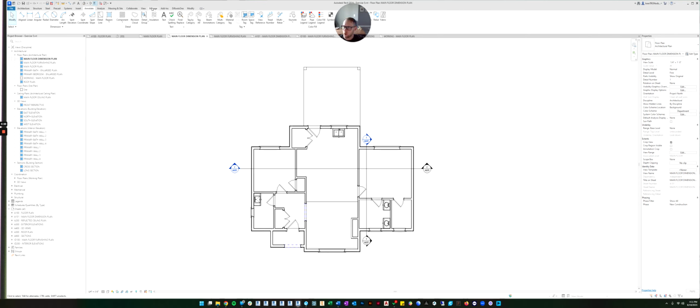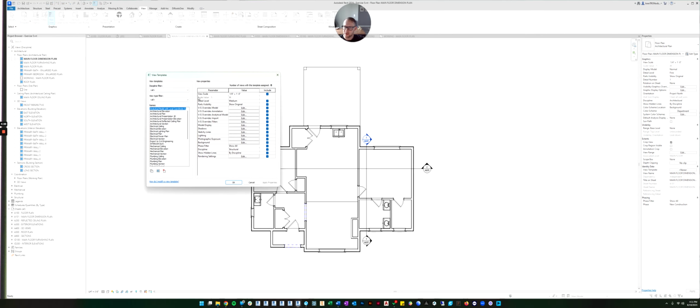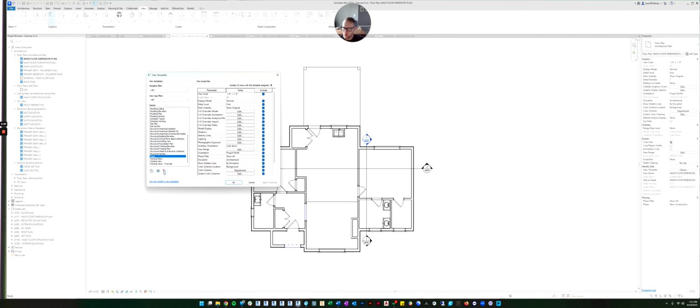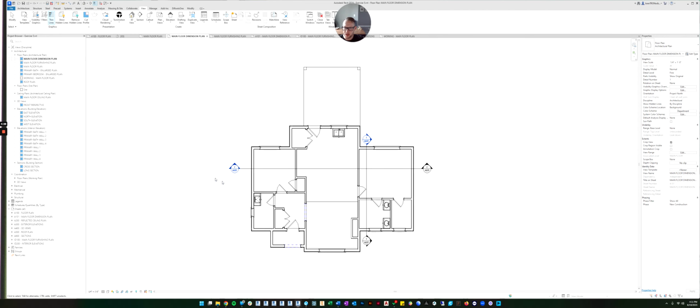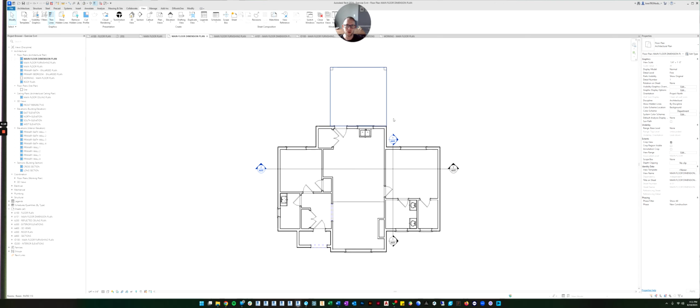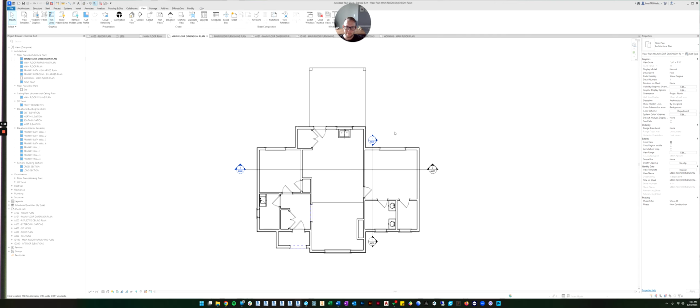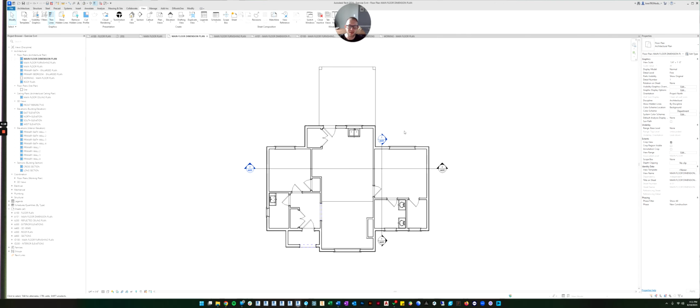And then if you want to, you can go into the view tab, and over here on the end it says view templates. If you click that, you can manage the templates, and we made this temporary one over here. We can delete it now and click OK. So now that temporary one no longer exists, so it's not going to control anything anymore once the settings have been applied.